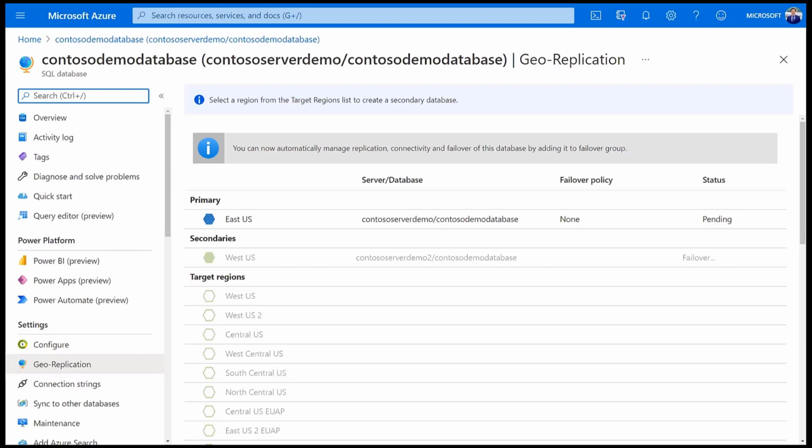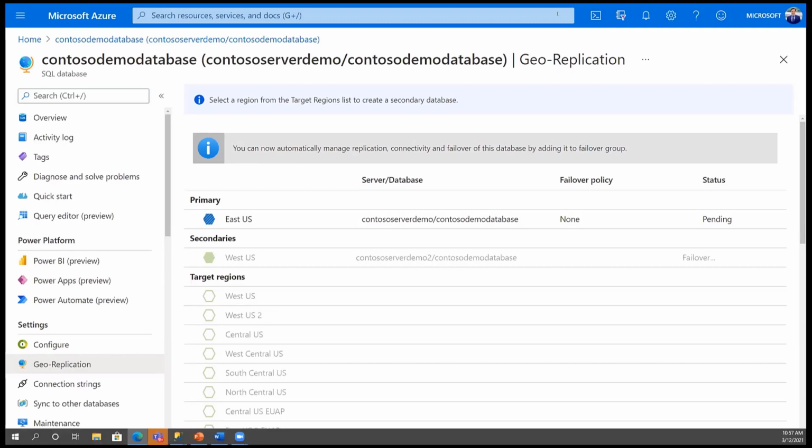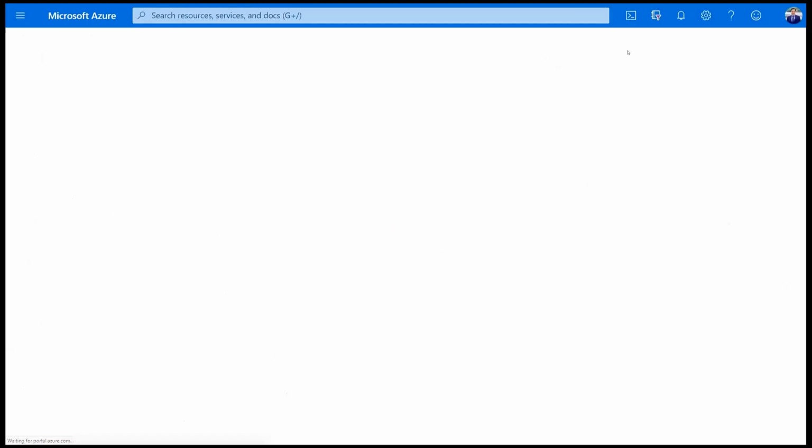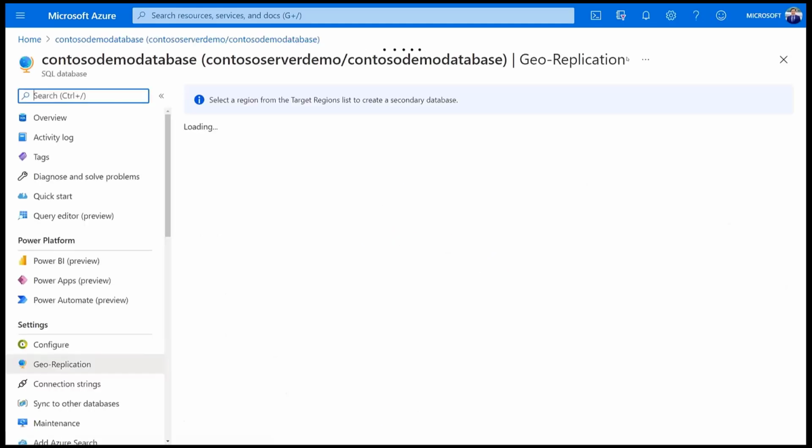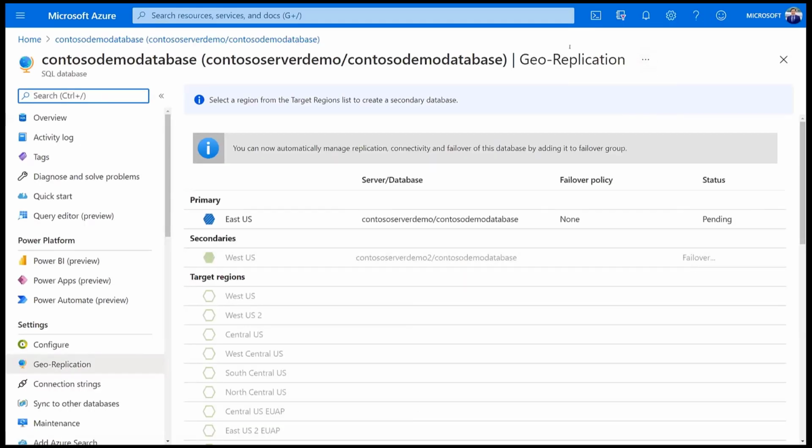I just wanted to show you how quickly you can do it, and how quickly you can also manage this. If your business is critical, then having Geo Replication will also be critical to make sure you don't lose any data. So let me see if this has already refreshed. Okay, well, it will take some minutes, but we can continue.